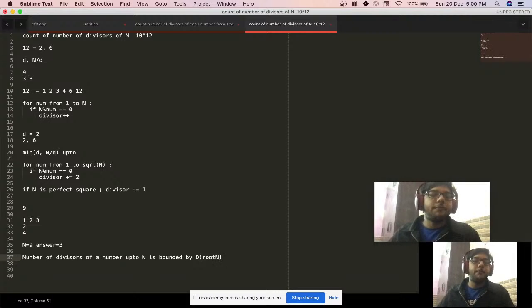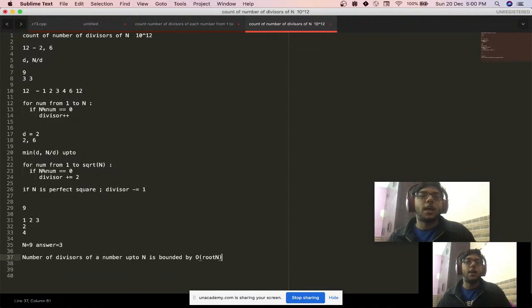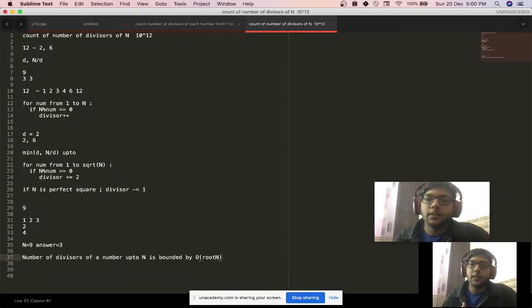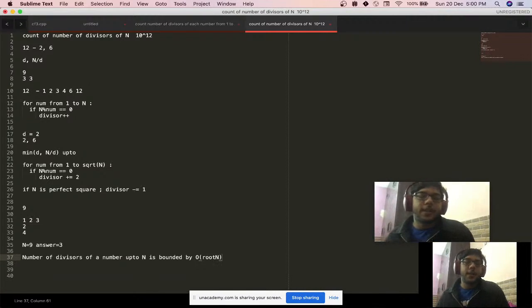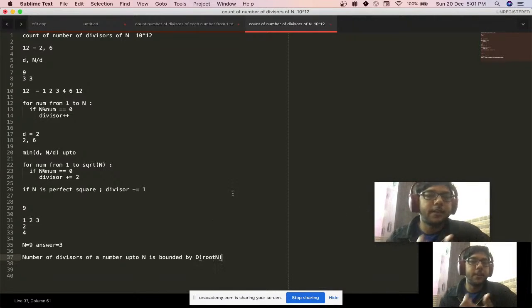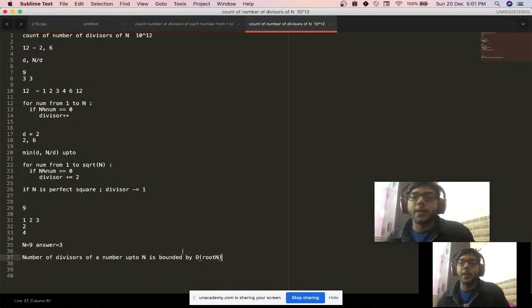In number theory problems, we have to see if our solutions are fast enough or not. Sometimes our solutions are fast enough and we don't even know it. Therefore, we have to do analysis: how much this can go to, how many operations can happen. These bounds are very important. Like the maximum number of primes we did, log n primes. Then again the number of divisors of a number can be around O of root n only. Maybe they can be bounded even more. Maybe it's less than root n, maybe it's around cube root n, or maybe